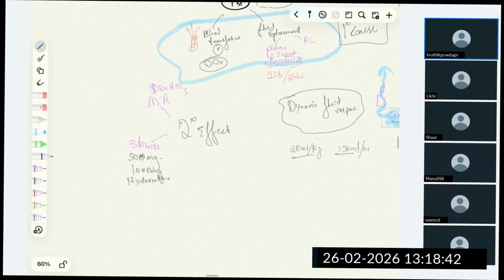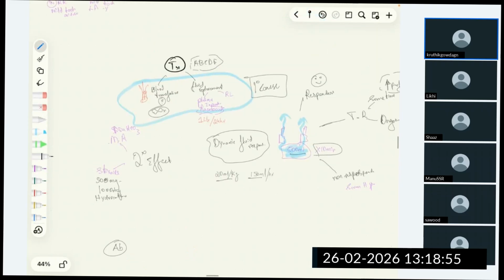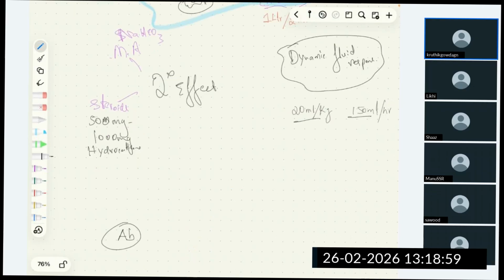And also we can give antibiotics in case of patients suffering from sepsis. This is the other one, not in hypovolemic shock. Catheterization should be done. I should have mentioned this first itself. Catheterization should be done to monitor urine output. The urine output should be maintained at more than 0.5 ml per kg per hour or 30 to 50 ml per hour. Nasal oxygenation